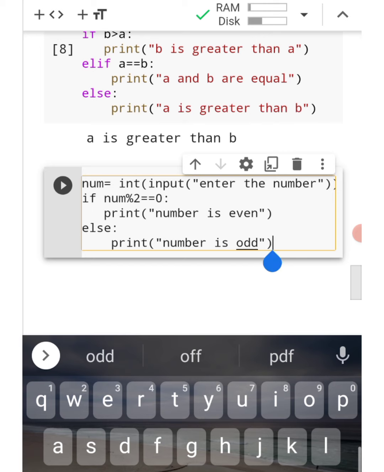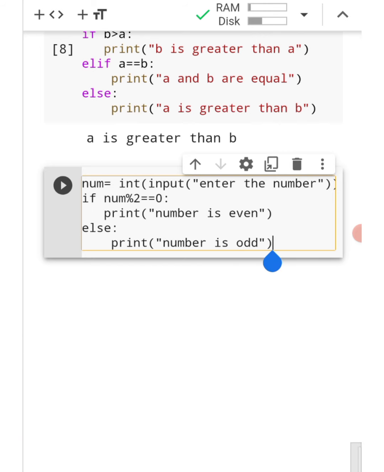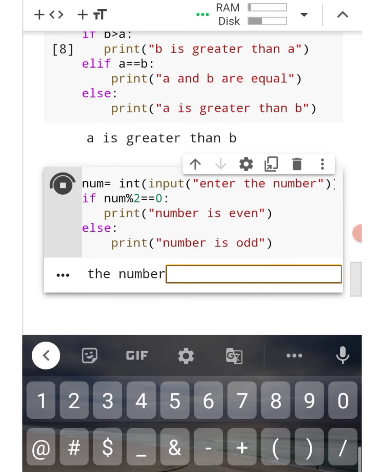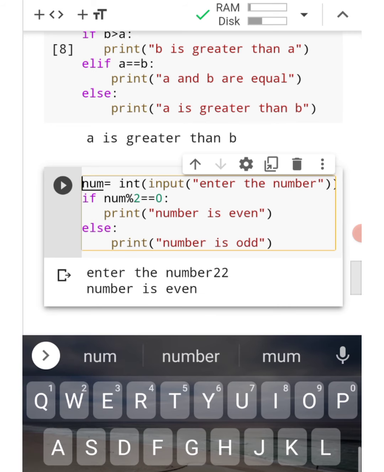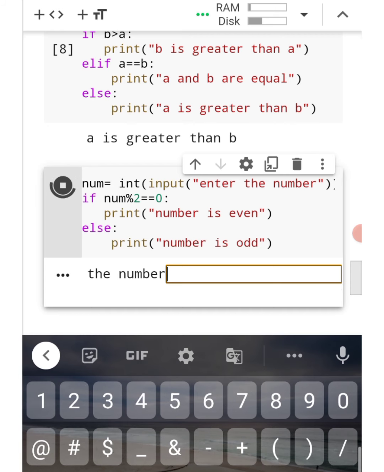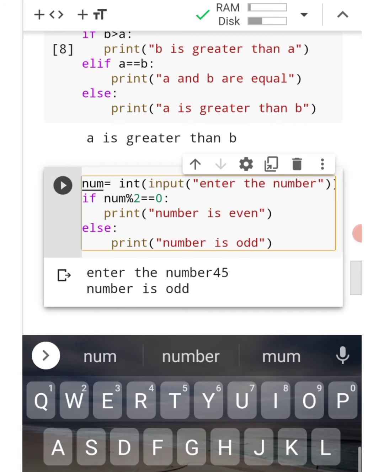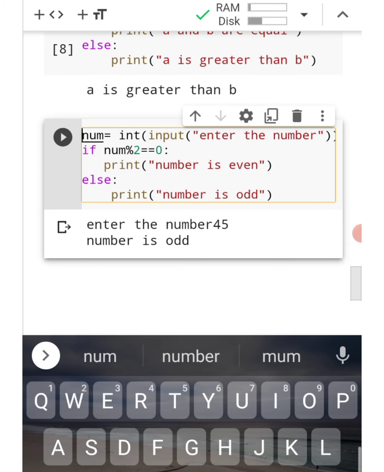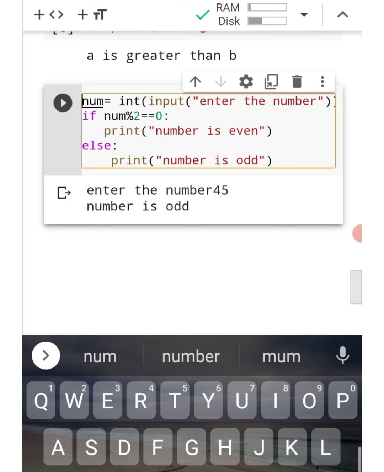So in this program, according to the need of the user, the value which is entered is being solved. You can see the output over there. The number you entered is 22, and you can see the output: the number is even. If you run this code again and put the value 45, you can see the output: the number is odd. So you have checked both the odd value and the even value. Two times we have run this program.